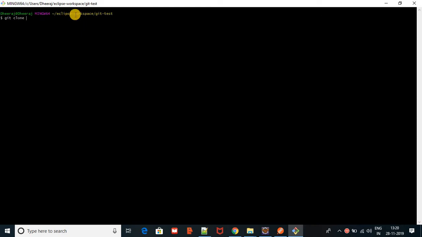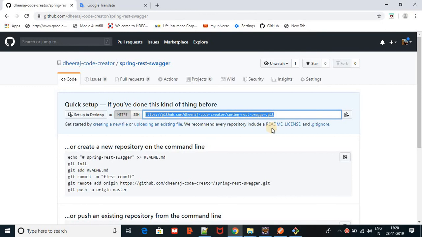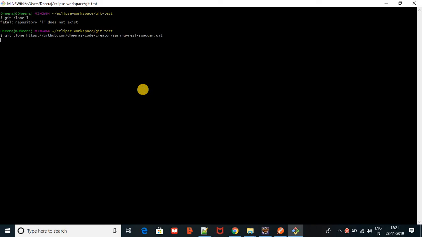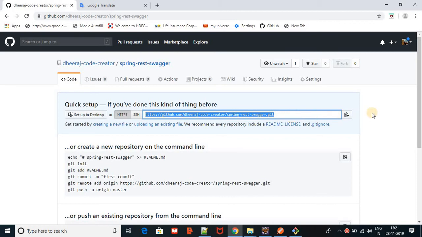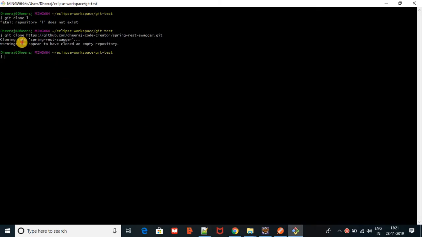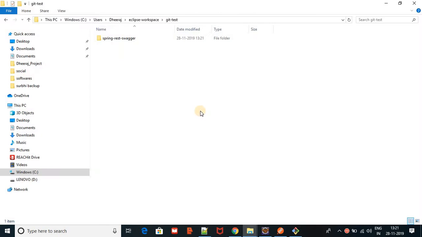So only git clone and paste the URL here. Let me copy again. Git clone. Done. See, I got a warning. You appear to have cloned an empty repository. That means it's correct. Actually, there is no code, nothing. It's an empty repository. That's why we got a warning message. But if you check here in the folder, we got an empty folder with the same name as